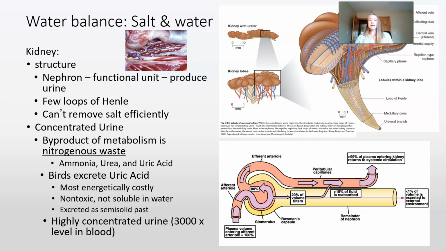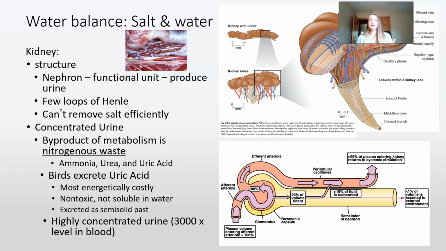When we think about the length of these collecting tubules, so the short loops or long loops, the longer the loops, the more water can be conserved. We can't remove salt efficiently in the kidney though. So again, that's why those salt glands on the previous slide are really important in birds that are in high saline environments. So the kidney is going to make a concentrated urine. And this concentrated urine, again, helps control water and salt balance, but it's really important to get rid of nitrogenous waste because the byproduct of metabolism is a nitrogenous waste product.